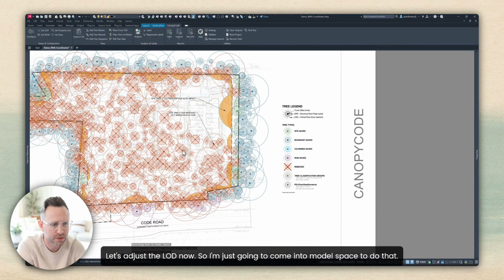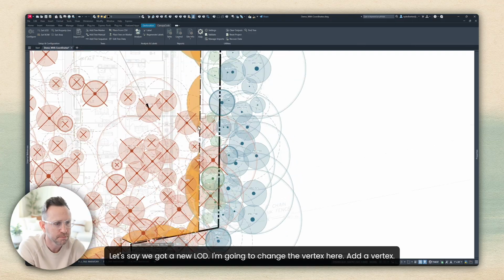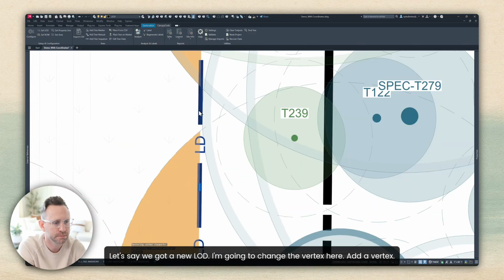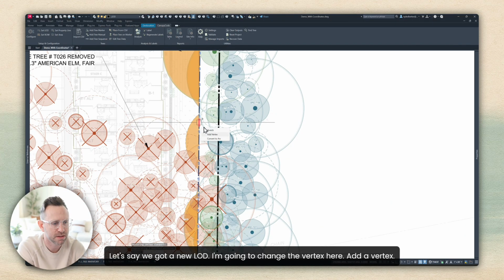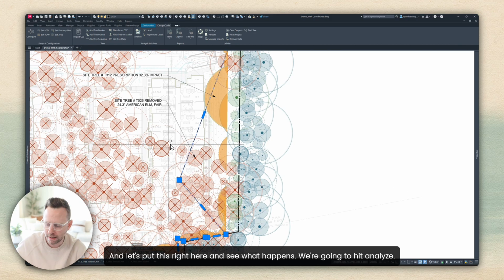Let's adjust the LOD now. So I'm just going to come into model space to do that. Now let's say we got a new LOD. I'm going to change the vertex here. Add a vertex, and let's put this right here and see what happens. We're going to hit Analyze,